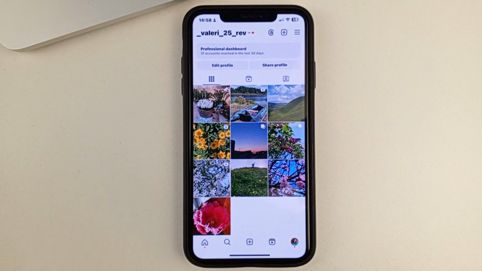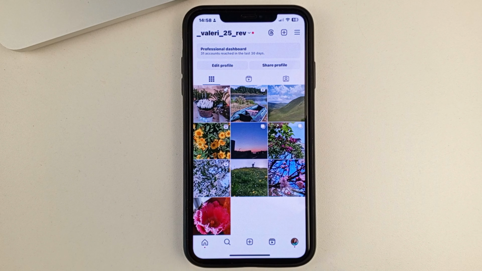And as you can see, instantly the photo disappears from your Instagram page. But you don't delete it that way. Basically, at any time you can go to the archive of your Instagram posts and bring it back. This way, friends, you can move a lot of posts to the archive.